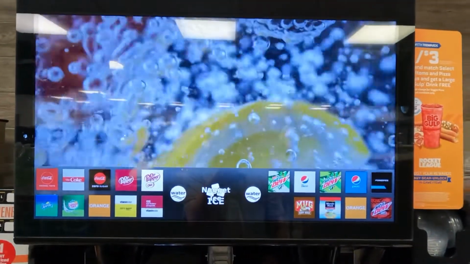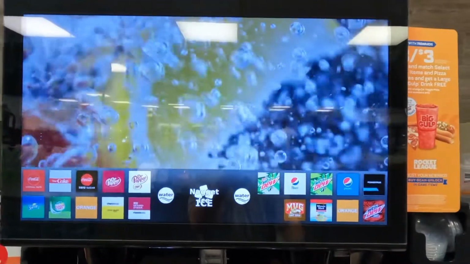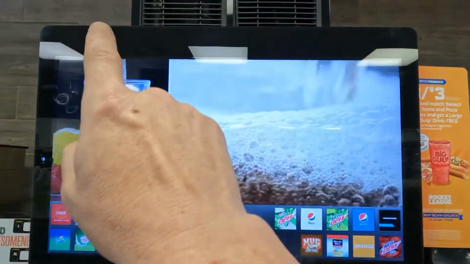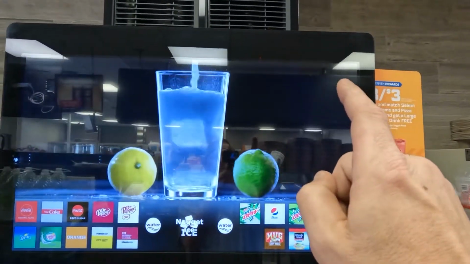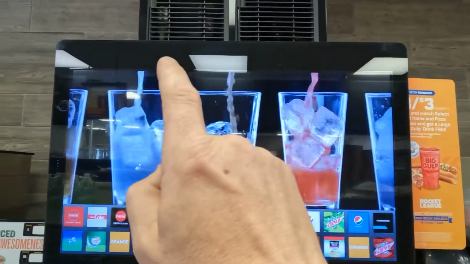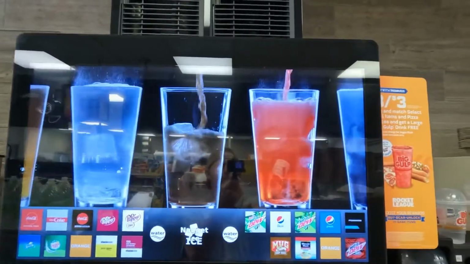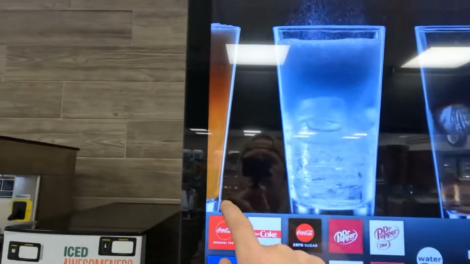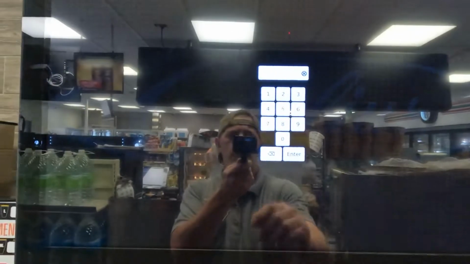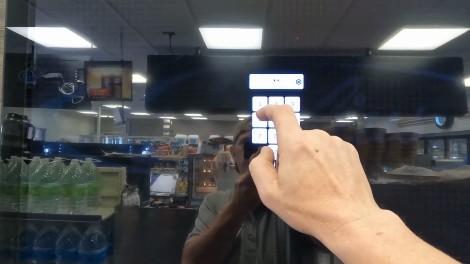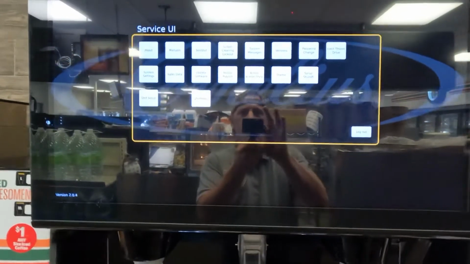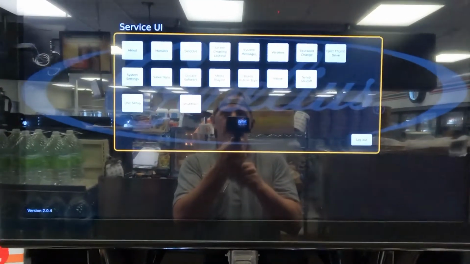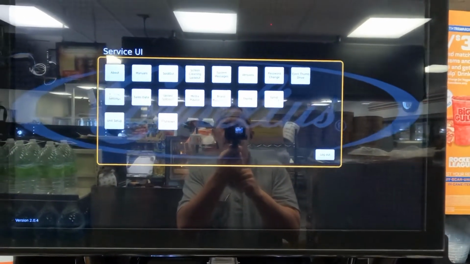So what we're going to want to do is to access the menu, we're going to want to touch the top corners in the little black area of the screen. We're going to do that just as my finger's doing it counterclockwise. So boom, boom, boom, and boom. 1, 2, 3, and 4. Then we're going to use a passcode of 4 2s. 1, 2, 3, 4 2s, and enter. Now we're in the menu option,